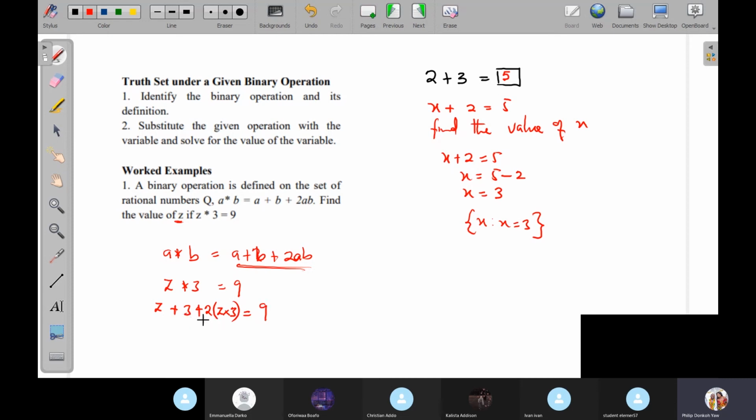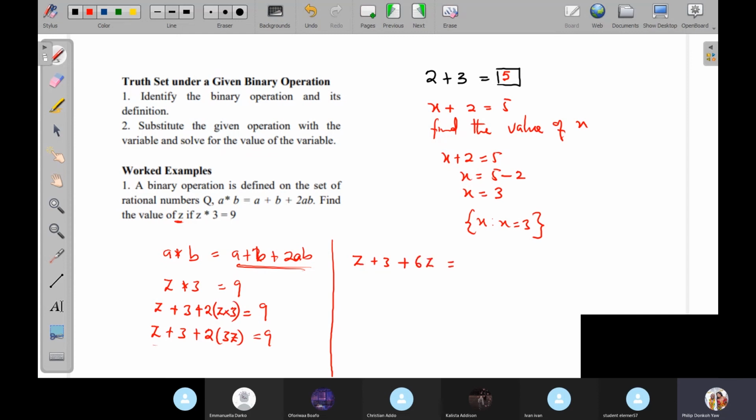Simplifying the left-hand side, we are going to have Z plus 3 plus 2 times 3Z all equal to 9. We are getting an algebraic equation to solve. So continuing, we get Z plus 3 plus 6Z